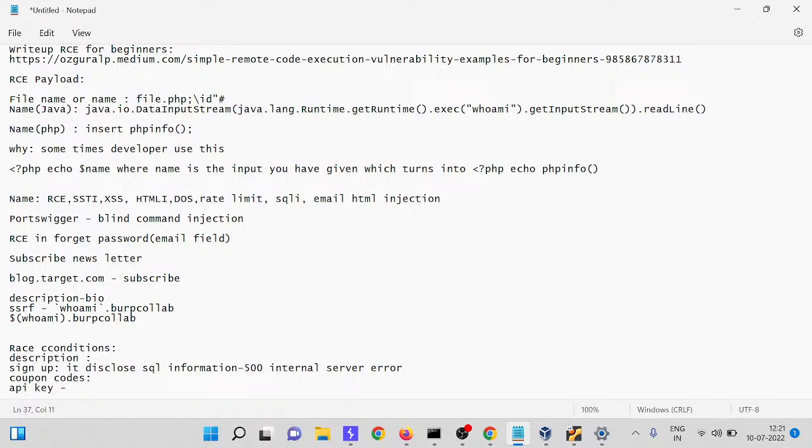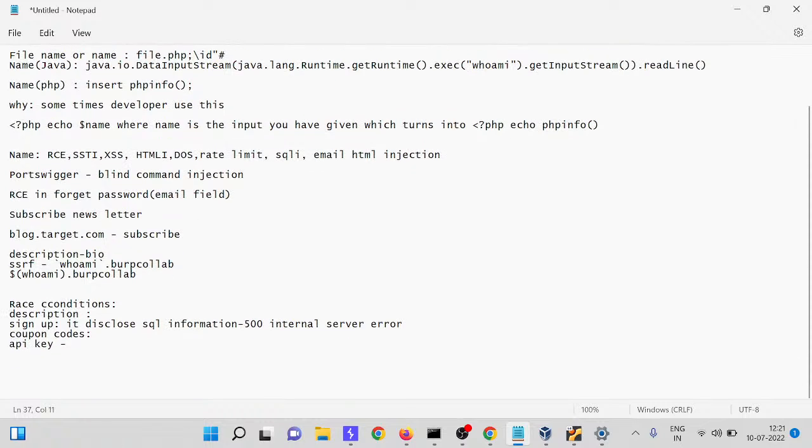One of my friends, Kong Sang, found the same race condition on API key generation. He was able to generate 5 API keys of that web application, and one costs $80, five cost $400. So you can try the race condition on API key.